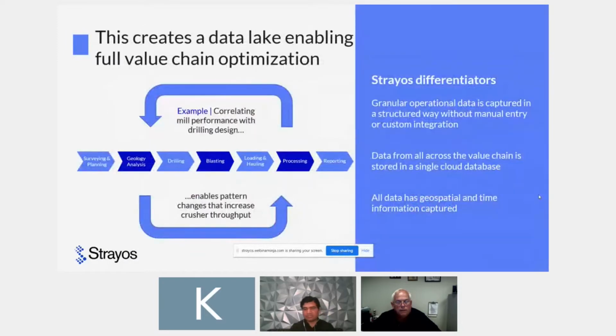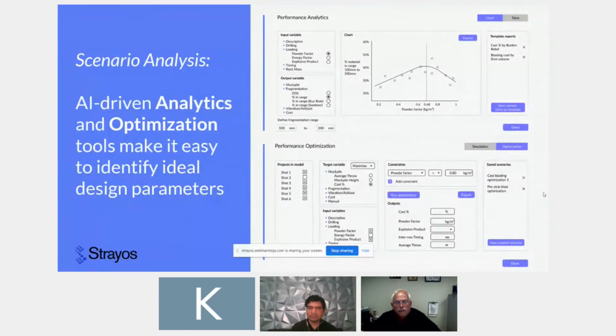More on, so what does this create? Since you're using this as a data design tool, it creates a data lake for not only the data capture, but it is bringing all the data in one place, and we can use it to run several types of optimization. And what I call essentially is like a scenario analysis.